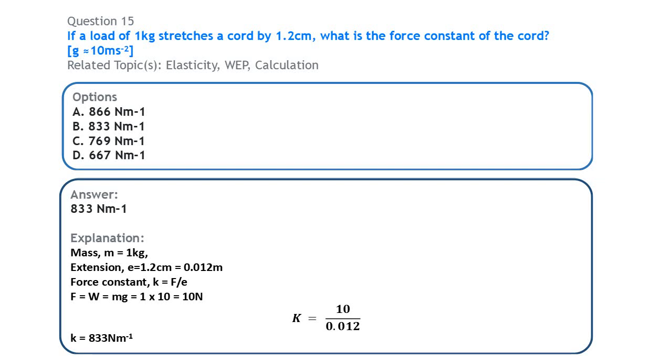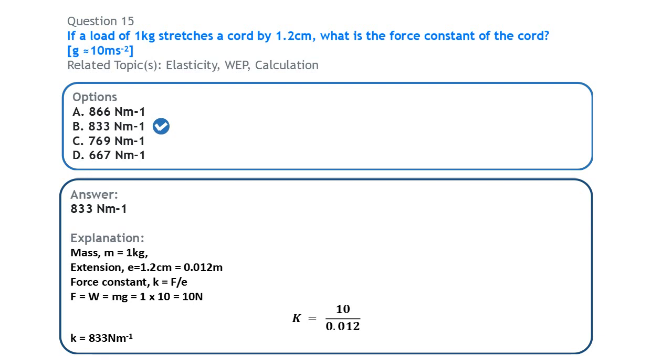Next question on elasticity. If a load of 1 kilogram stretches a cord by 1.2 centimeter, what is the force constant of the cord? The force constant of the cord will be equal to the extension force, that is the force that is used in extending that elastic material, divided by the extension that is produced in that